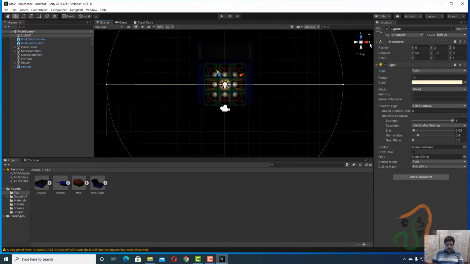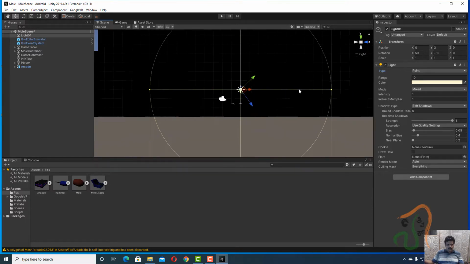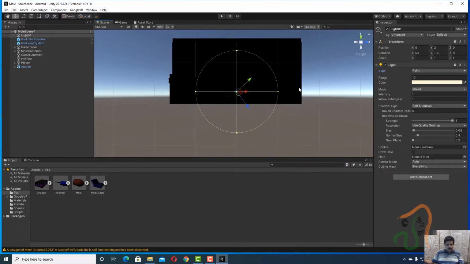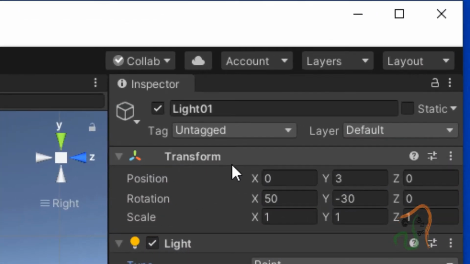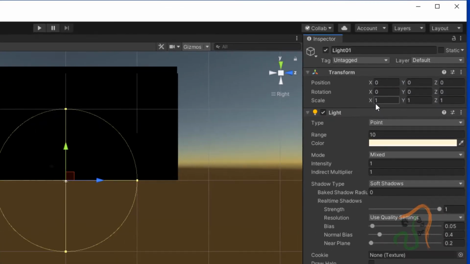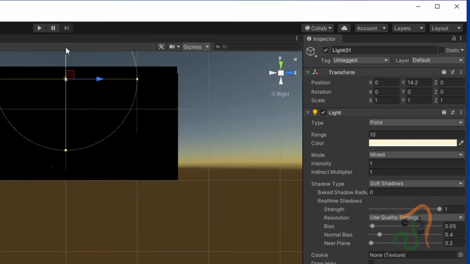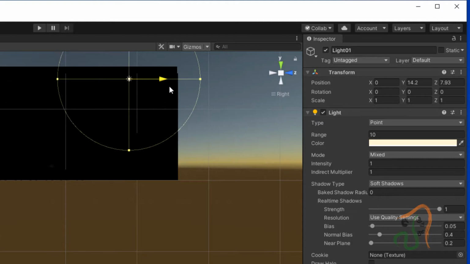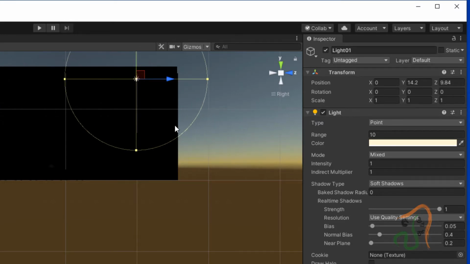After changing this to a point light, come to top view or right view here. Just zoom out, and with the move tool selected, before doing anything, select this, come to transform, and reset all the transform to 0, 0, 0. After setting it to 0, 0, 0, let us move this light to the top and to the right hand side over here. Let this light be here, and you have this range, you can see the circle.